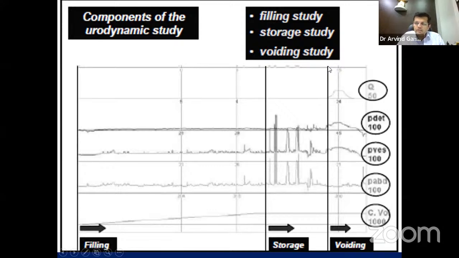This particular thing is called CC, that is command to void, or the cystometric capacity, wherein the command to void is given. This would be the point wherein the patient has a normal desire. In a normal bladder, it is approximately 150 cc. You have to make sure that you annotate that at this point the patient had ND, that is normal desire to void. A strong desire to void is this one, wherein the patient has to void at the earliest convenience. And finally, this is the final desire to void, wherein you apply the CC, that is the cystometric capacity, and you give the command to void. And after that, you have the voiding phase.